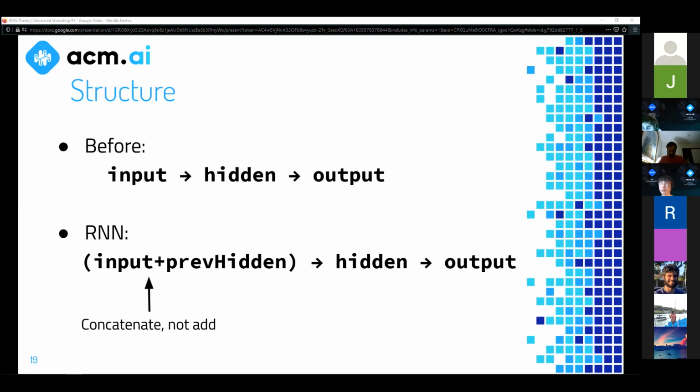But I wanted to note that this is really different from what we've seen so far with vanilla neural networks and convolutional neural networks. They've really been kind of stateless, right? If you pass the same input in multiple times, they're going to give you the same output. But now with RNNs, if you pass the same input multiple times, you're going to get a different output each time, because by maintaining a form of state,